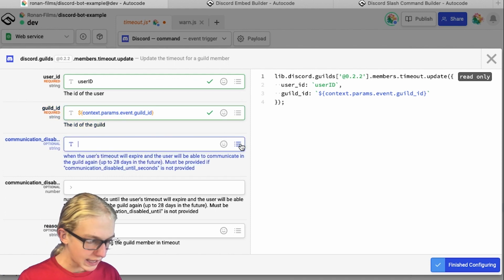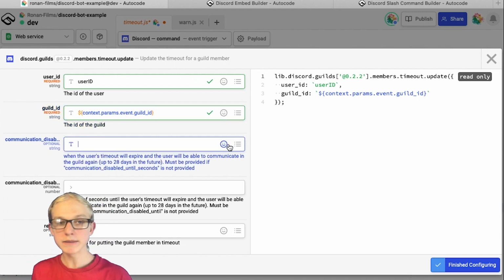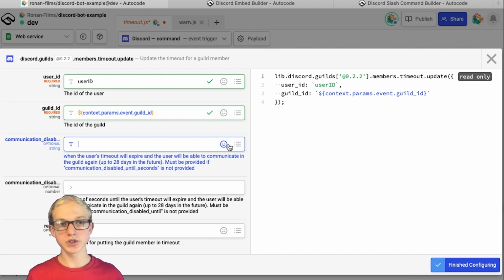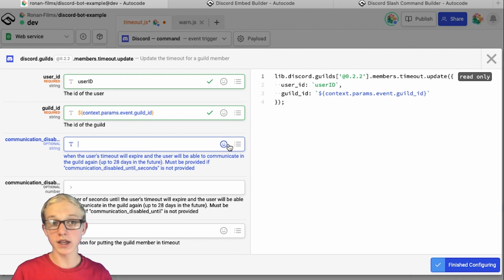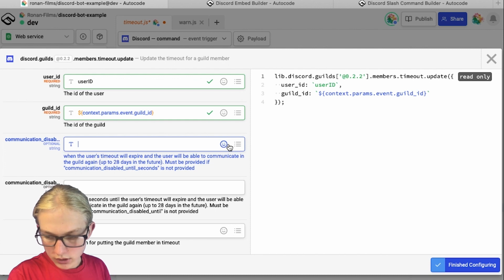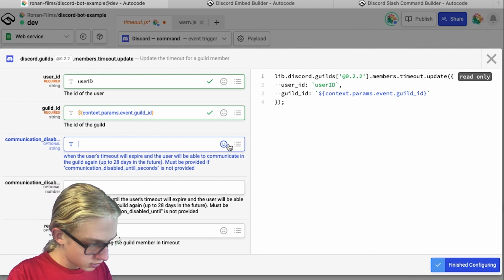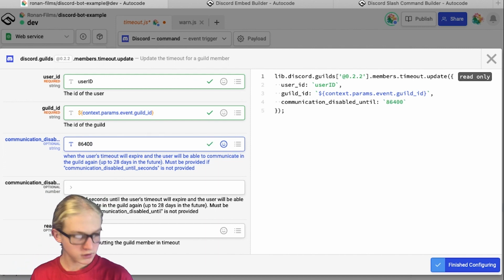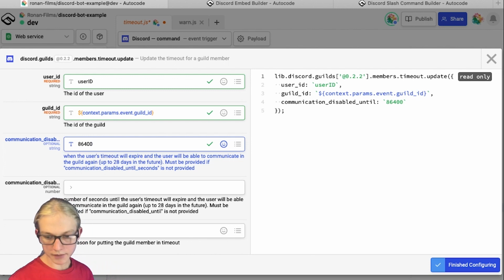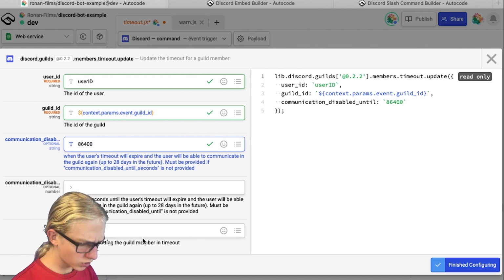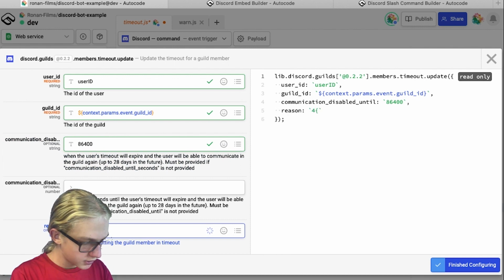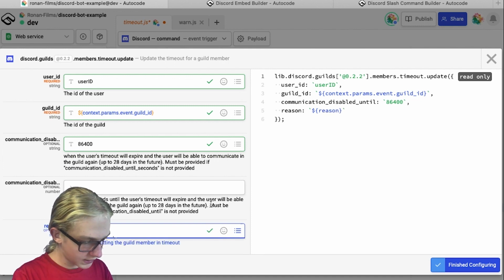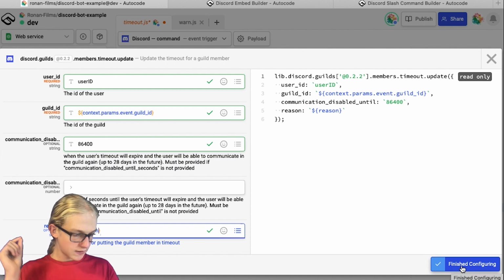Now, communication disable. How long are we going to disable their communication for? We're only going to set it for a day. You guys can do this custom. I'm just going to do it easy. So it's going to disable them talking for 1 day. So we will do 86400, because that is how many seconds are in a day. Okay, now it needs a reason. What's the reason going to be? You guys probably guessed it by now. It's going to be $, and those there, and it's going to be reason, like that. It's simple and easy, and hit finish